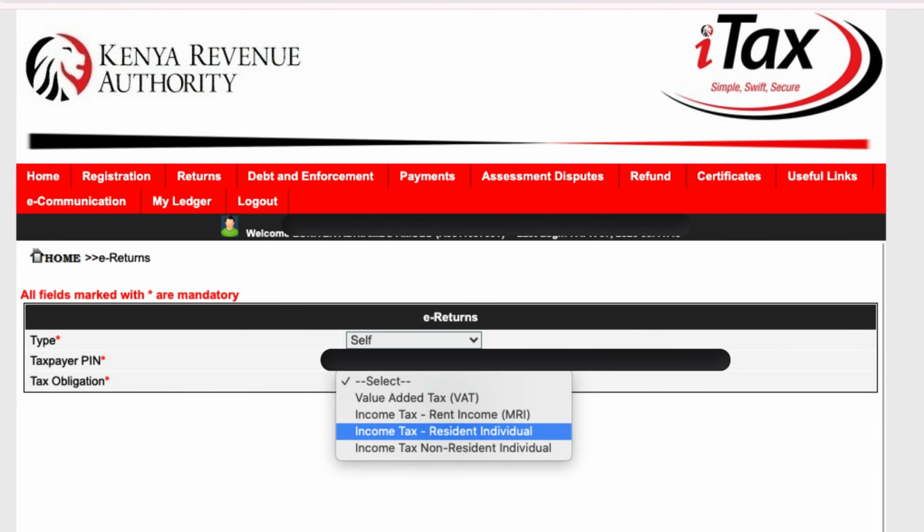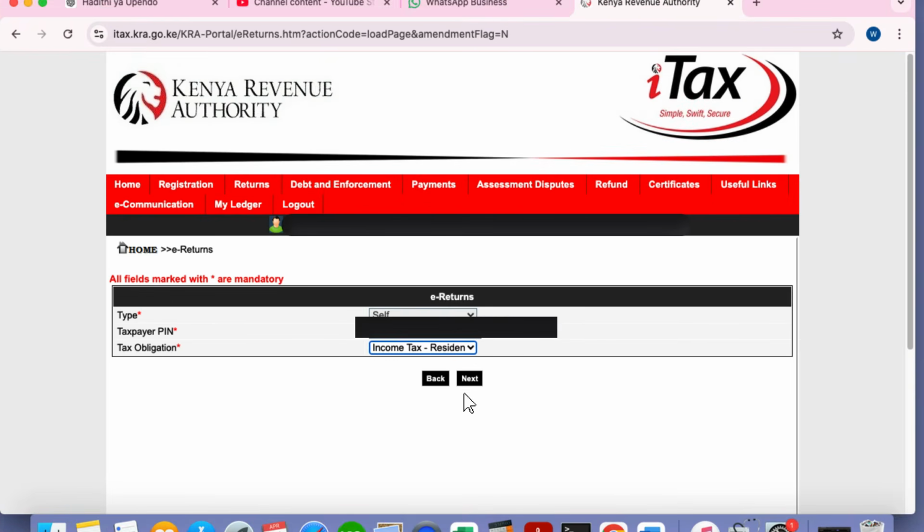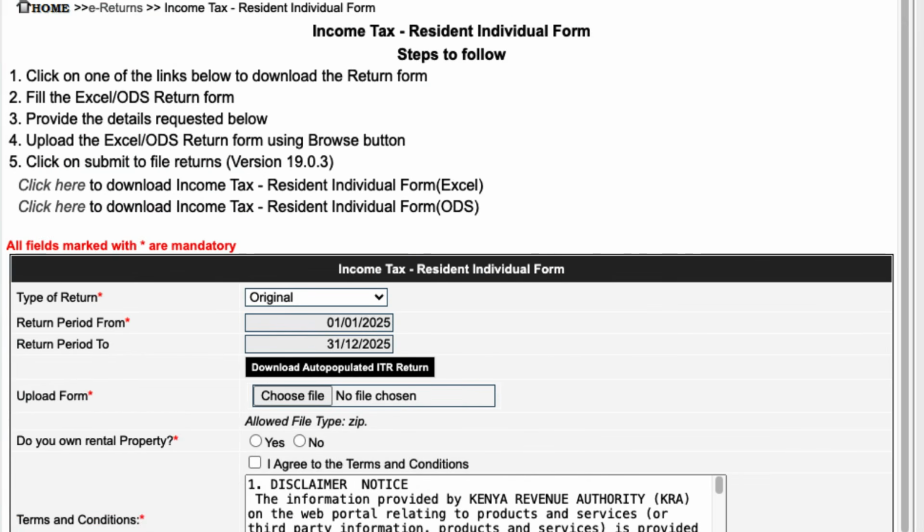Then here under Tax Obligation, select Income Tax Resident Individual and then click Next. Then just confirm the return period is correct because you're currently filing for January to December 2025. After that, click on Download Auto-Populated Income Tax Resident template to get the Excel sheet you'll need to use to